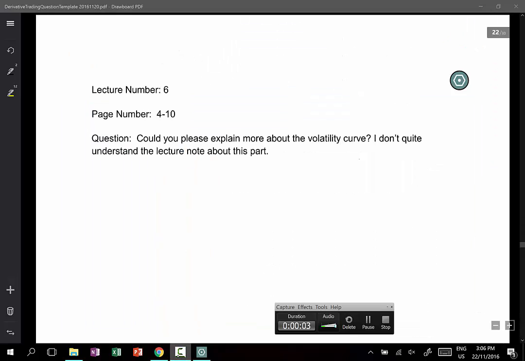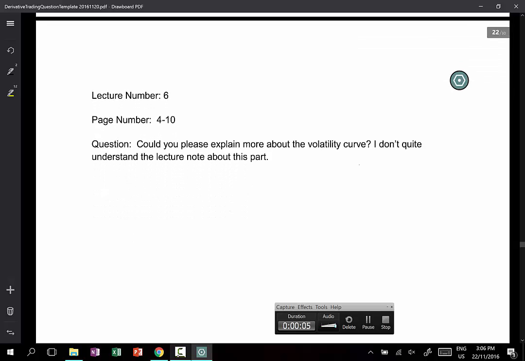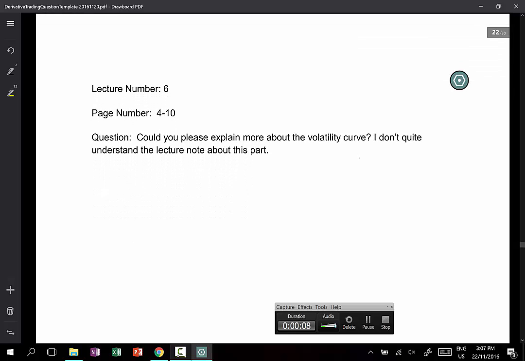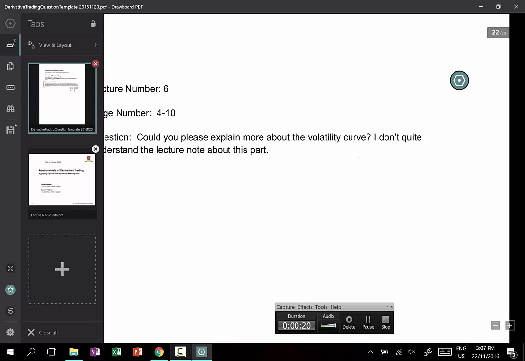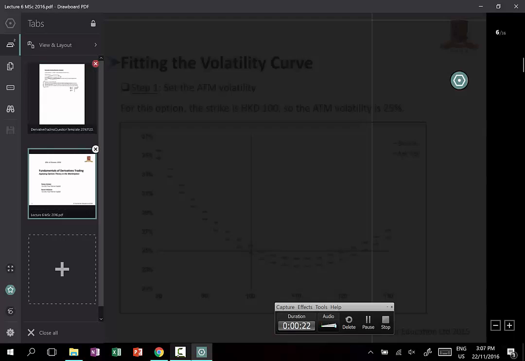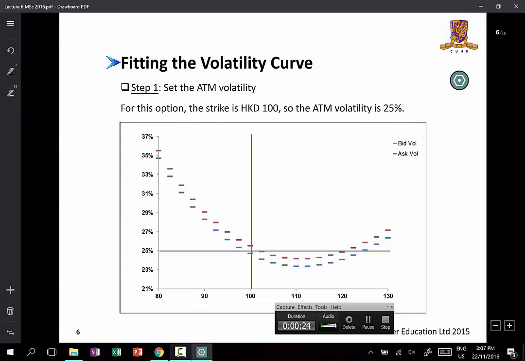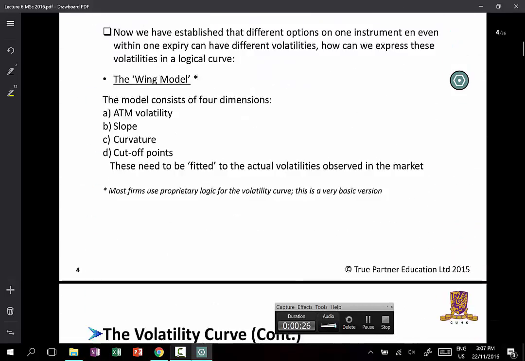I'd like to now have a go at a question on page 22, which is related to lecture number 6, pages 4 to 10. Could you please explain more about the volatility curve? I don't understand the lecture notes about this part. Okay, so lecture 6, page 4 is this one here. So page 4,